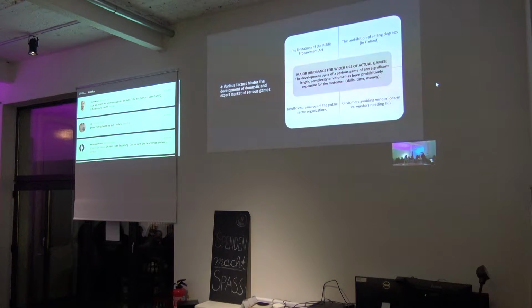So, for example, the public organization has 40,000 euros in a budget to make a game. So they put out this call for proposals, and only few game companies, even though we have over 250 game companies in Finland, will ever send them a proposal because of mainly the vendors requiring IPR while the public organizations are avoiding the vendor locking.